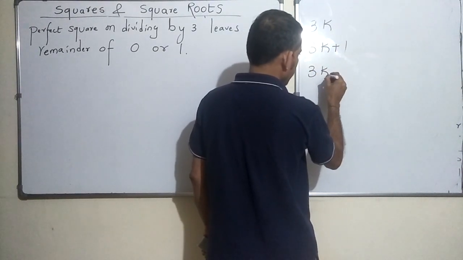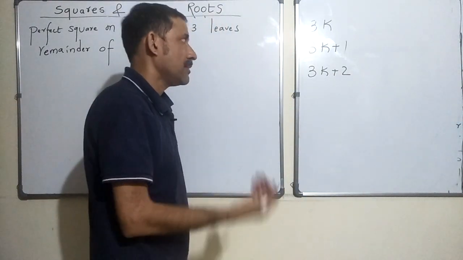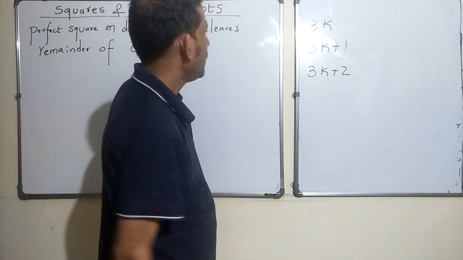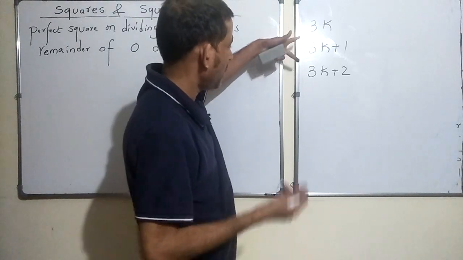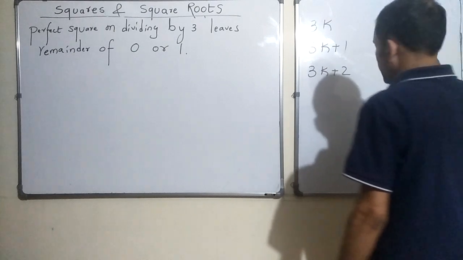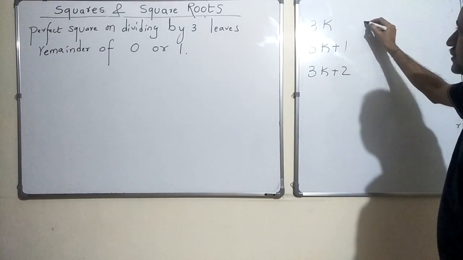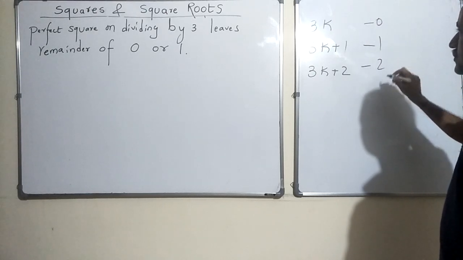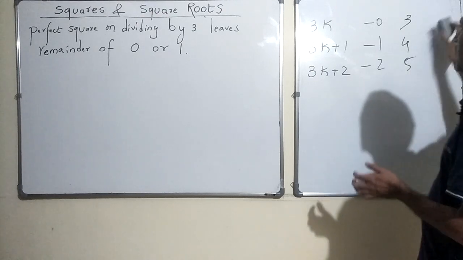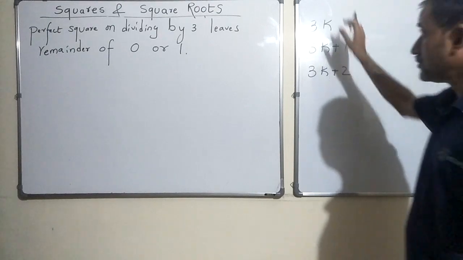If it leaves a remainder of 2, I can see it is of this form, right? So now you can go ahead and see, it would denote any number. Any number can be denoted by either of these 3, where k you can take as a whole number. If k is equal to 0, this becomes 0, this becomes 1 and this becomes 2. If k is equal to 1, this becomes 3, 4 and 5 and so forth, right? So any perfect square we should be able to denote using these numbers.